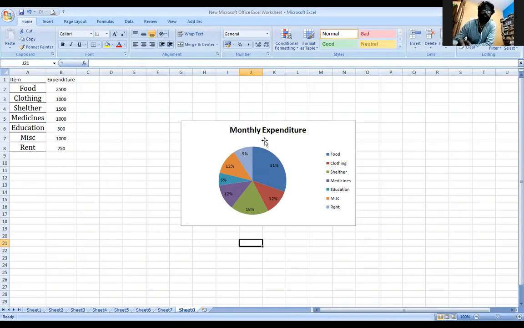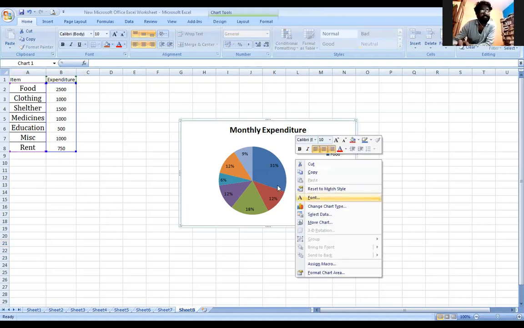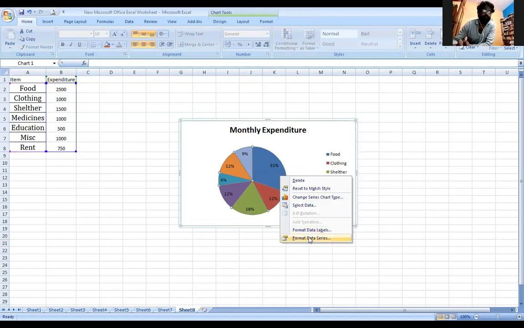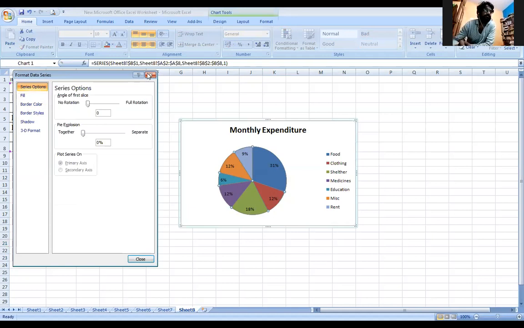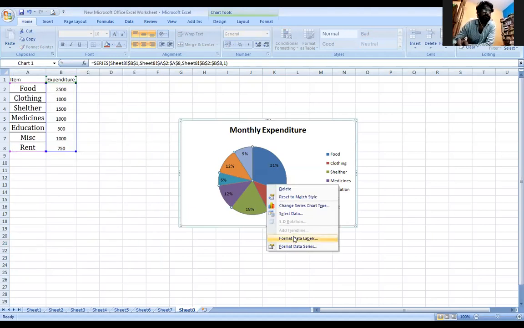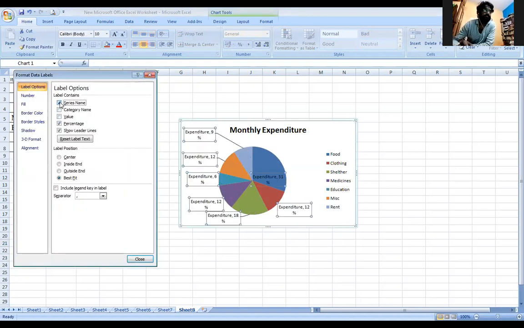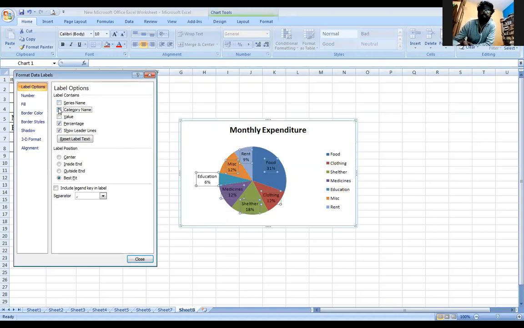The income that you are going to get is going to be expended like this. And if you want, you can also add more data labels. Click on the data labels, and you can add the series name also like this. You can also insert the category names, or if you want, the value can be inserted, and you can see.